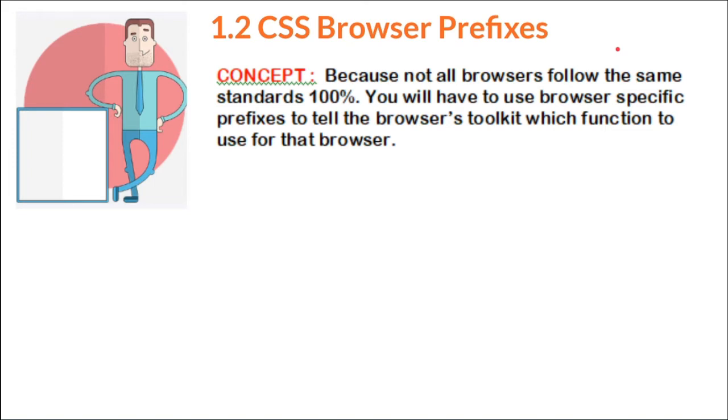And sometimes not all of the companies actually implement all of the functions. So where Microsoft hasn't implemented a particular function, we can use a browser prefix, and then CSS libraries will be loaded onto your computer for free. For example, Bootstrap and other freely available open source libraries that you can download and